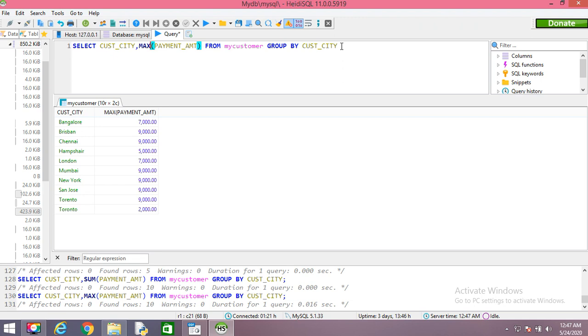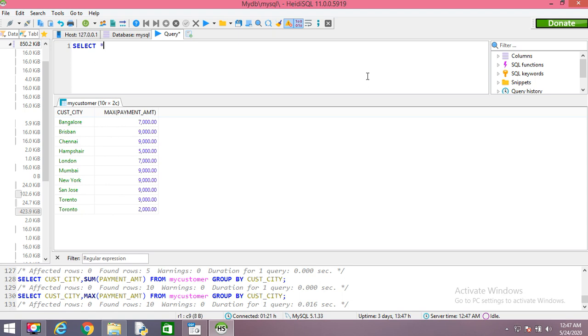Now the next command is order by. Order by is for arranging records. So I want to arrange the records as per the name of the customer.